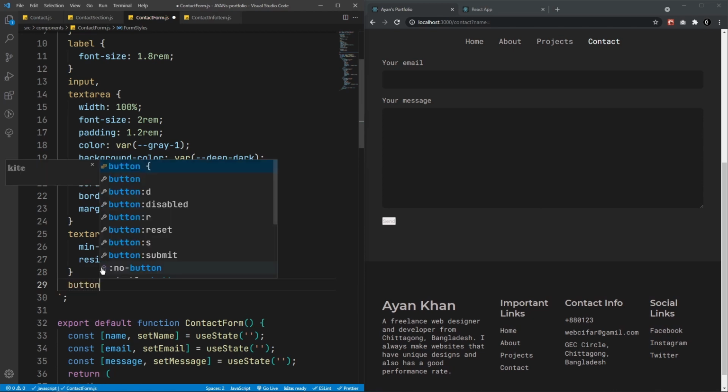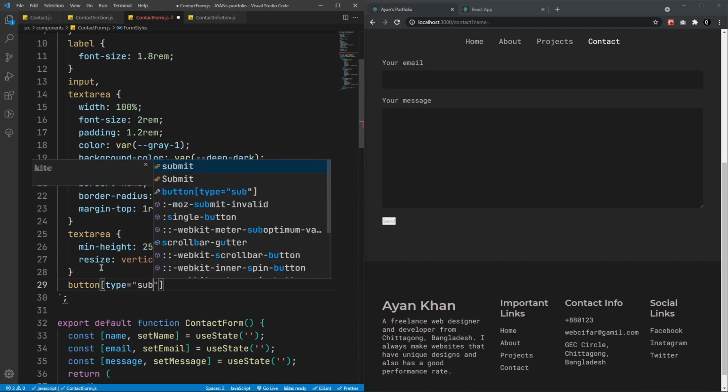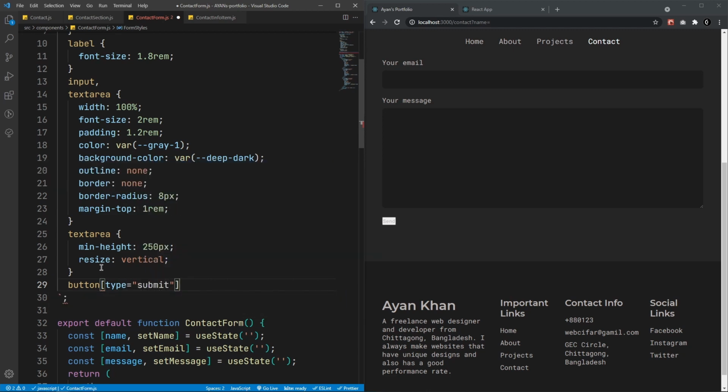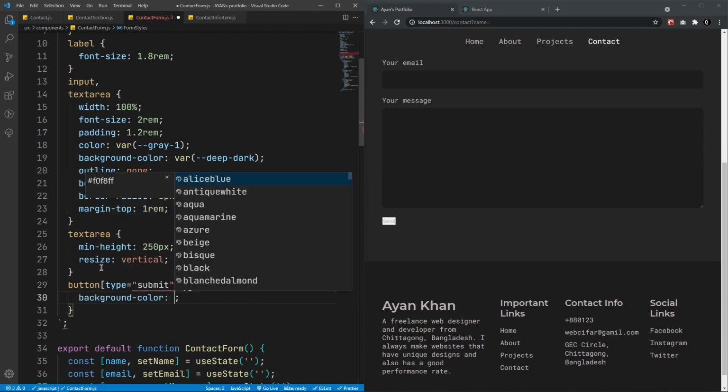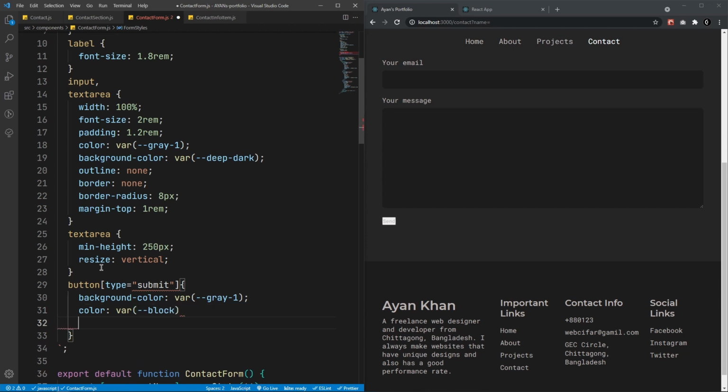So button with the type of submit, and here the background color will be the variable gray one, and color will be the variable black, and also font size of 2 rem, and here display will be block,